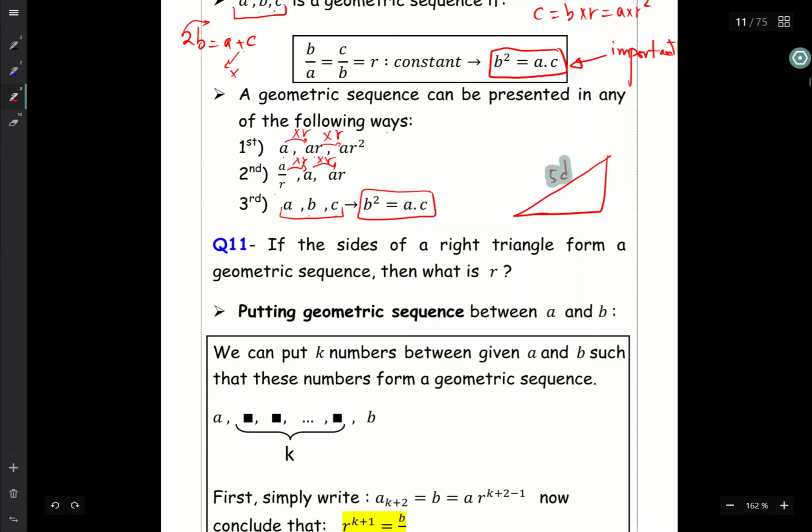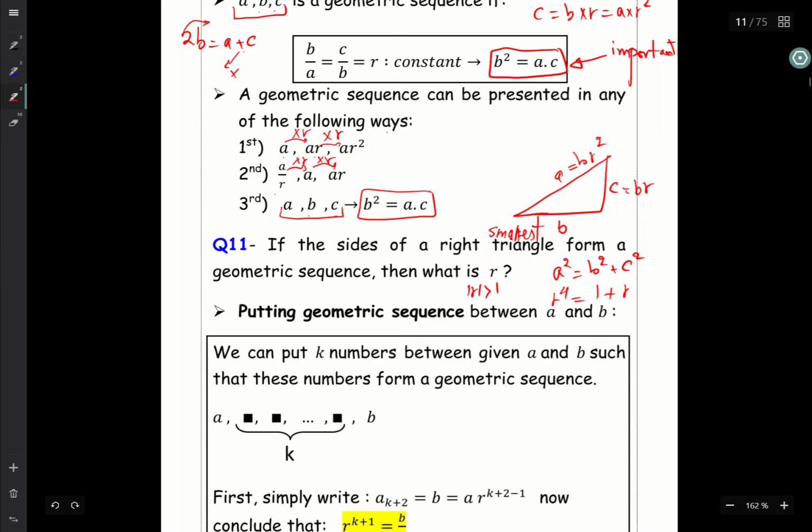And now let's see what happens if we assume that A, B, C are terms of a geometric sequence. Now again, we have A squared is B squared plus C squared. So assume that the R is greater than 1. So A should be the largest term. And let's say B the smallest one. So C becomes B times R, and A becomes BR squared. And you put them in Pythagorean, you end up with R to the 4 equals